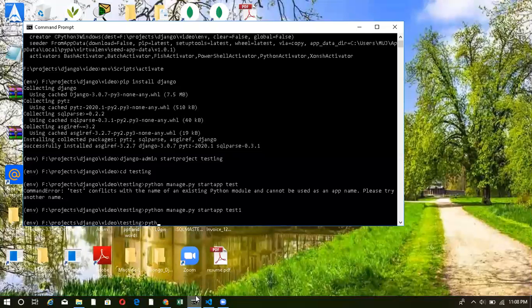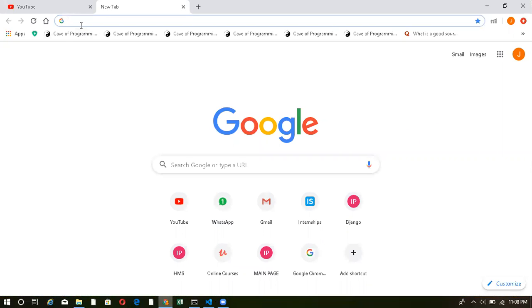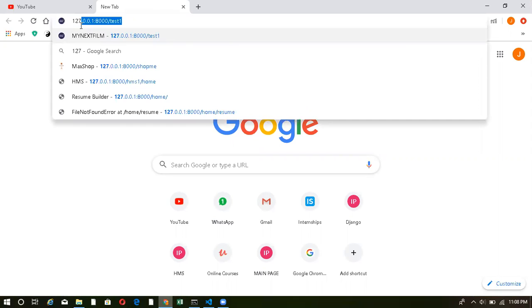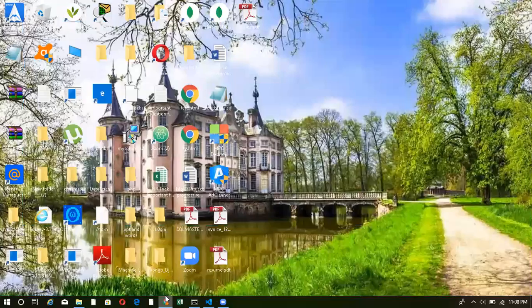You just write python manage.py runserver, and you can see that once we open 127, my server has been created over here successfully. So this is the first step towards creating your project.